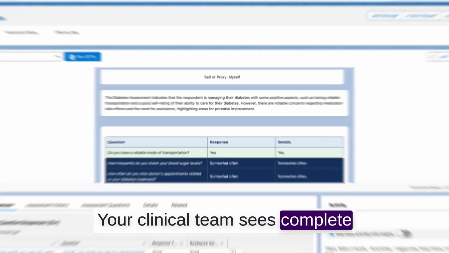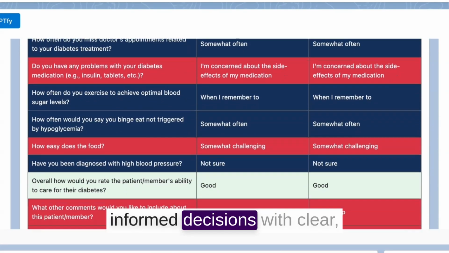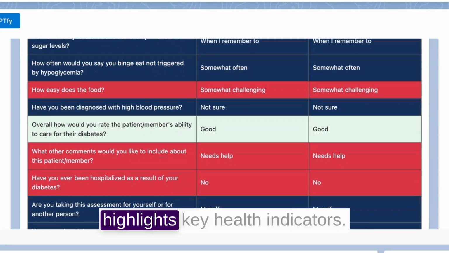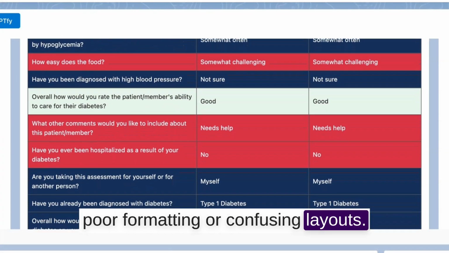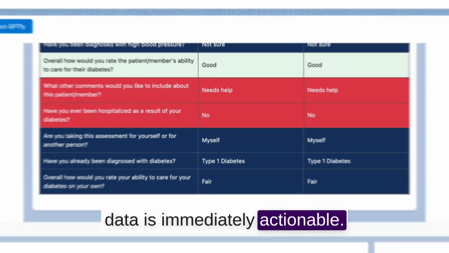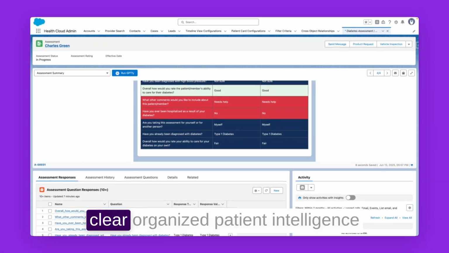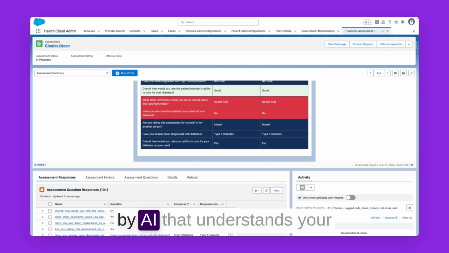Your clinical team sees complete patient assessment data in seconds instead of minutes. Your care coordinators make informed decisions with clear, organized information that highlights key health indicators. Critical health data never gets lost in poor formatting or confusing layouts. Your patient care becomes more efficient when assessment data is immediately actionable. The result? Clinical decision-making based on clear, organized patient intelligence rather than fragmented, hard-to-read assessments powered by AI that understands